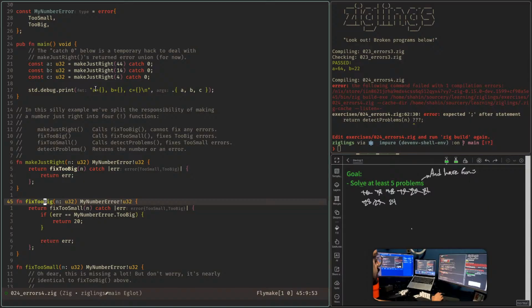Okay, make just right is what we are calling here, and then we have another function, fix too big, which returns the same error type and number. If it's returning an error, we are just returning the error, but here fix too big is going to call fix too small, and